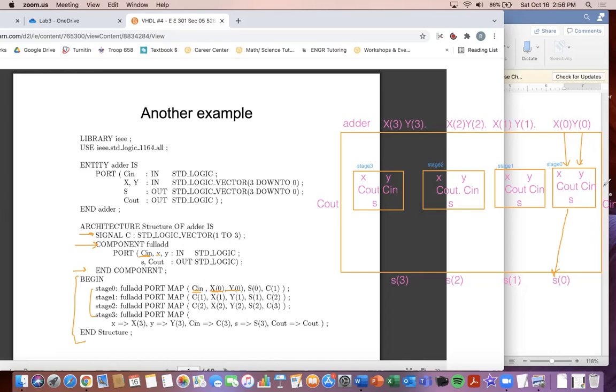And then C in to C in. And then they're going to say for S0, match it with this one. And then the C output is going to be to that internal signal we had up here, which we had 1 to 3 of. In that C output, we can tell for the input, it's going to be for that C1, it's going to be connected to the input of the other. So we're going to have our C1 right here. So C1, and then